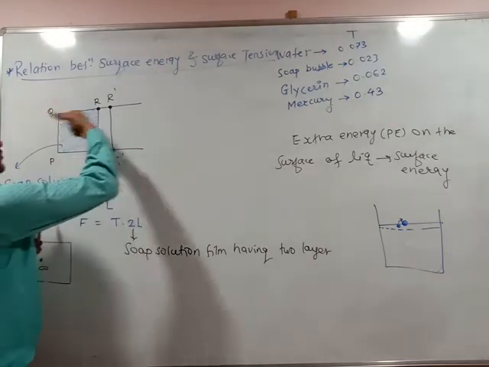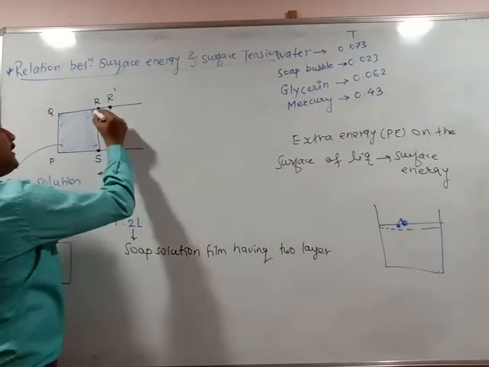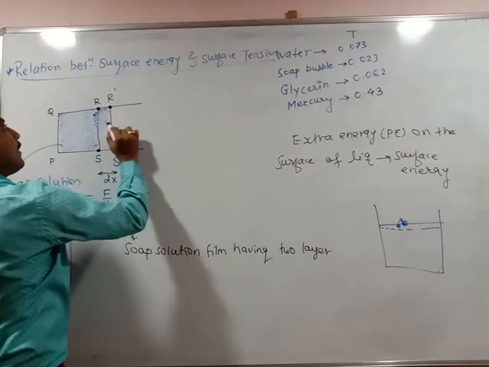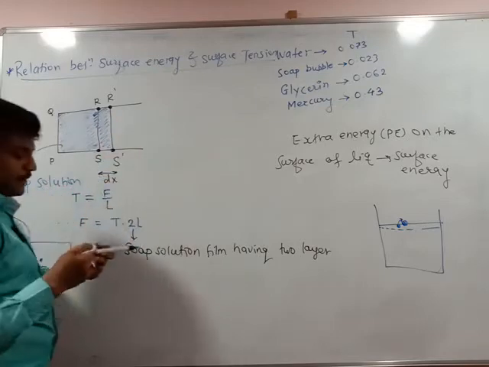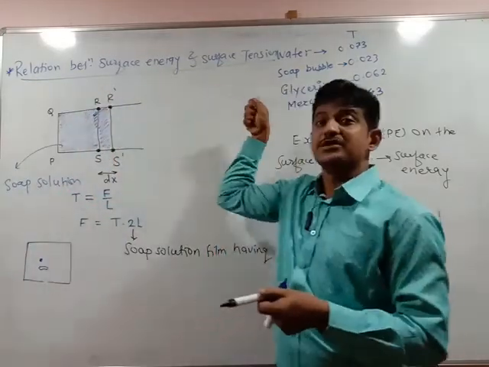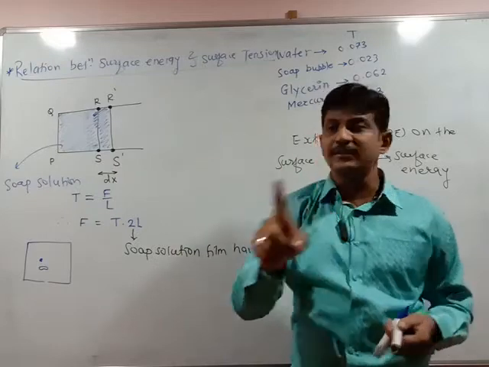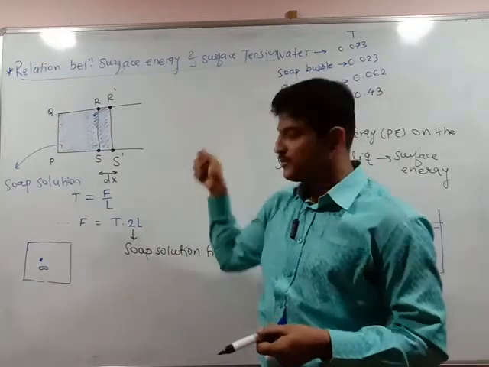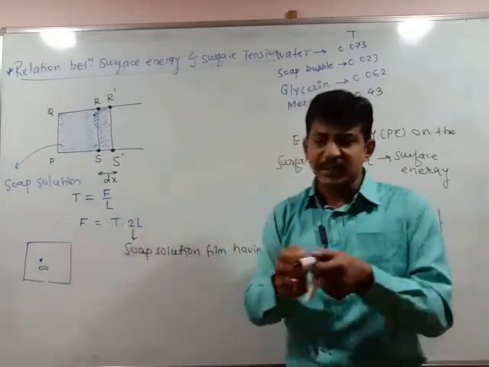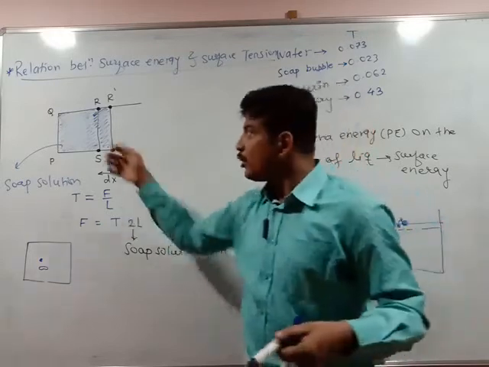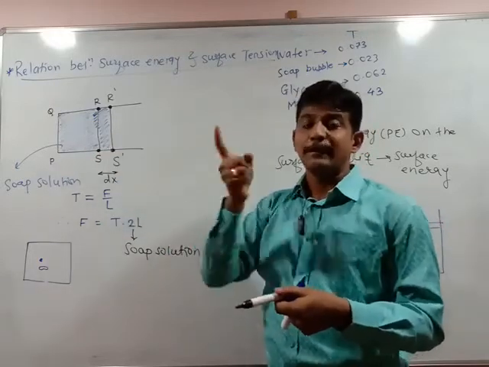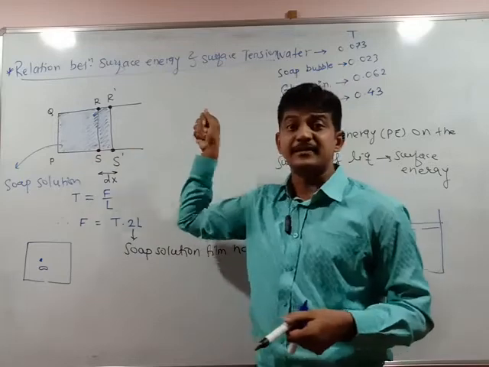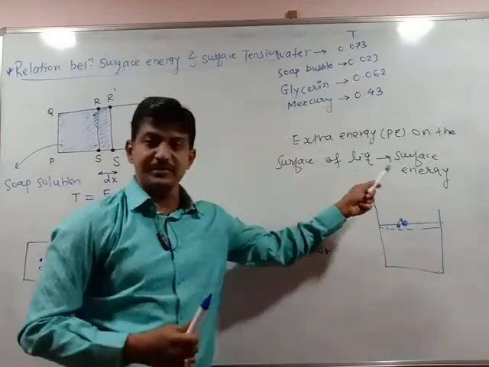Now see, if you stretch this, the surface film is also stretched. Then what happens? If the surface film is stretched, will surface tension increase or decrease? Surface tension will increase because the molecules are stretched. It looks like a stretched membrane. And if the molecules are displaced from their mean position, the potential energy of the molecules will increase. That is the concept of surface energy we discussed yesterday.